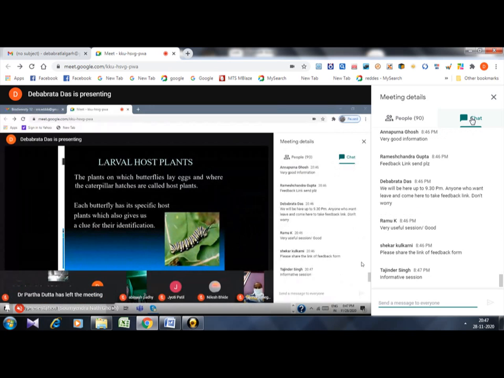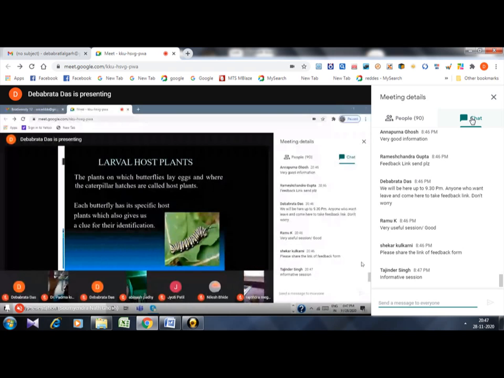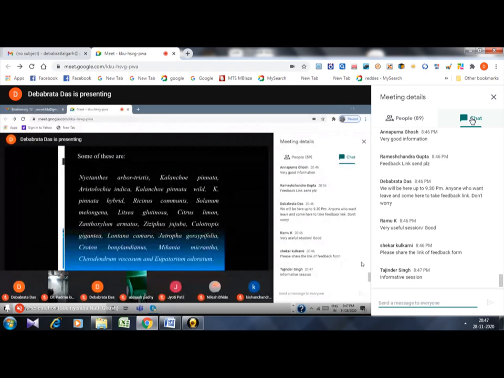Each and every butterfly has a specific larval host plant. In my opinion, I have seen many larval host plants, butterflies and caterpillars. There are also some butterflies which share a similar larval host plant. And this also helps us identify the butterfly. You see here the monarch butterfly larva feeding on a plant. There are very common larval host plants, as well as some that are very rare.